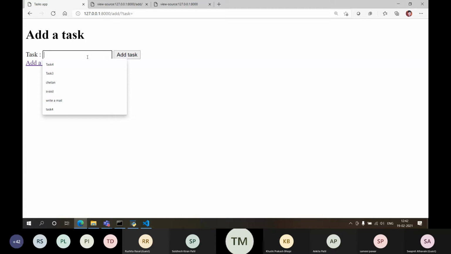See, there is a difference between get and post. If you want to check the difference, you can check their names itself. One name says it's a get. What do you mean by get? You want to get something. So as and when I send a request to get something, I should use a get method, and that is why it is the default method. Like if I click on this link, I want to get a page.